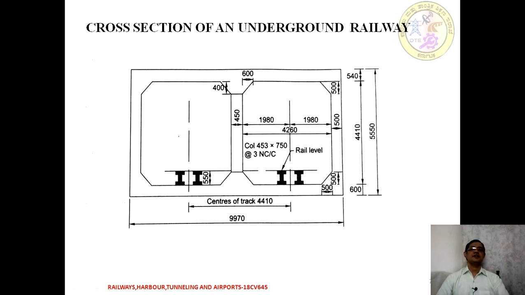So this is the underground railway. Some typical cross sections we can use. That is a rectangular or box type. The center to center line is going to be somewhere around 4.4 meters, and each is going to have 4.26 meters of width, in which the standard rails are going to be operated. The standard height from the bottom to the top surface of the tunnel is going to be around 4.4 meters. Depending upon the number of lanes, the width is going to increase.